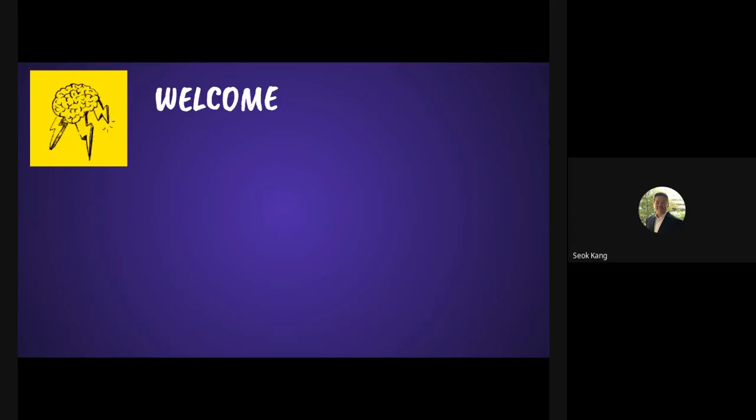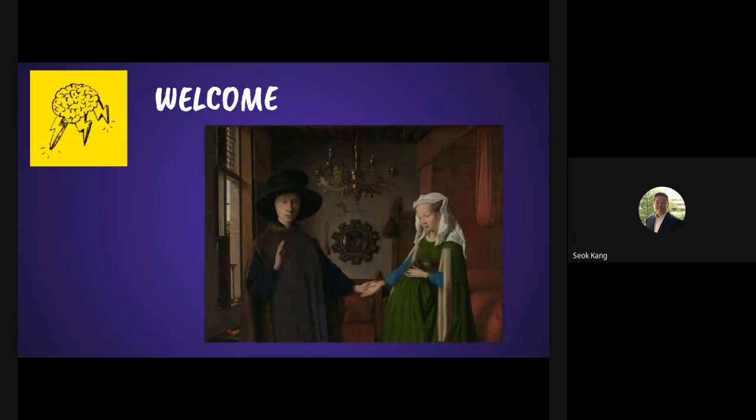But what we're going to do today, y'all should be familiar with. We are going to look at this painting. I know it's a little bit tiny, but this is as big as I could get it without it getting all weird. So I want y'all to write down in the chat one notice and one wonder that you have about this painting. Y'all know what notice and wonder is. Notice is what you observe, what you see. And a wonder is any questions you might have. So a notice could be like there's two people in there. And then a wonder could be like, I wonder when this painting was made, what year, right? So if you have any notice and wonders, put them into the chat, please.